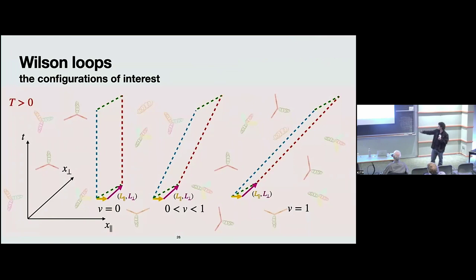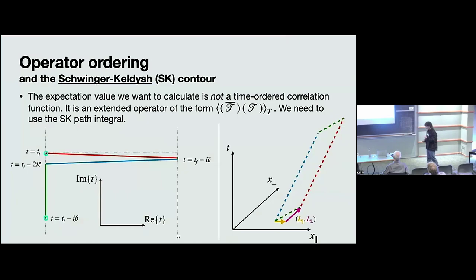So we're going to be looking at these configurations with velocities that go all the way from a static heavy quark, let's say here, all the way to a light-like heavy quark. And we have this extra parameter, which essentially encodes the initial heavy quark momentum, that we also have to deal with. The technical complication that I think we just overcame recently is that if you go